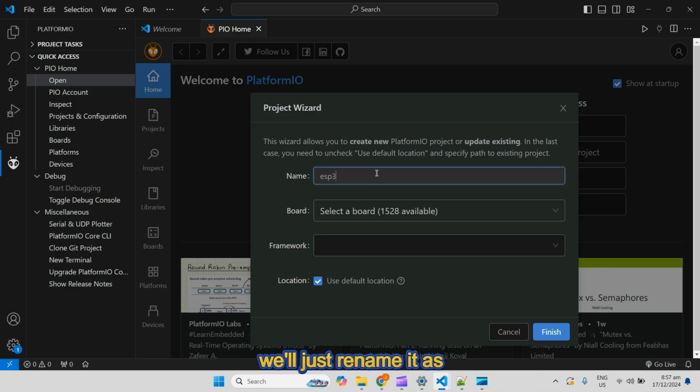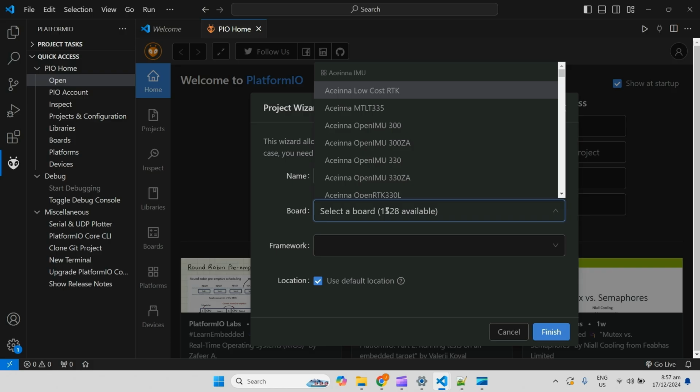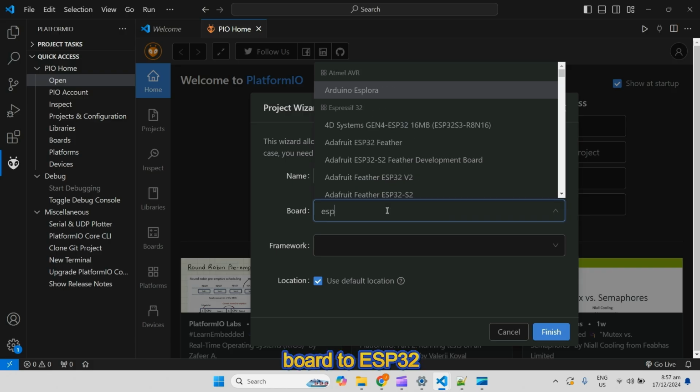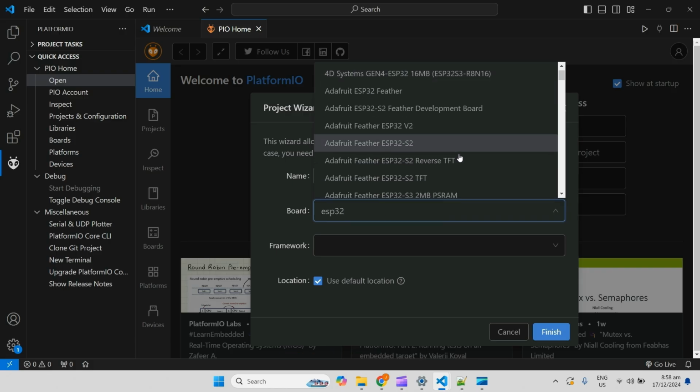We'll just rename it as ESP32-multiple-PZEM004. Then we select the board as ESP32.